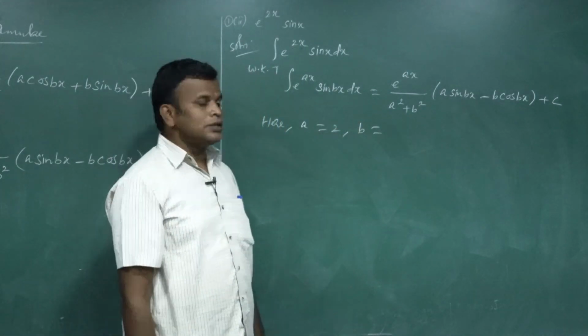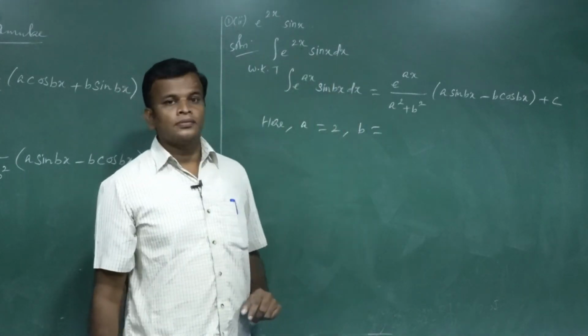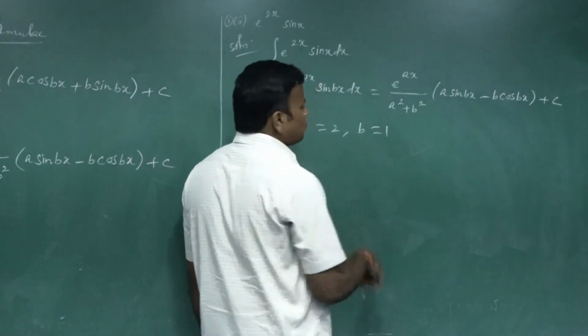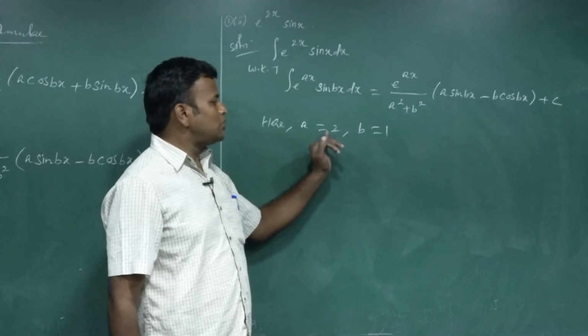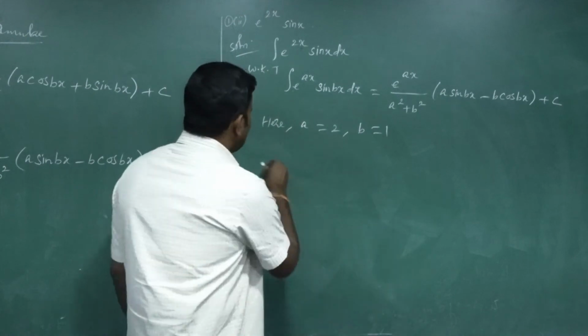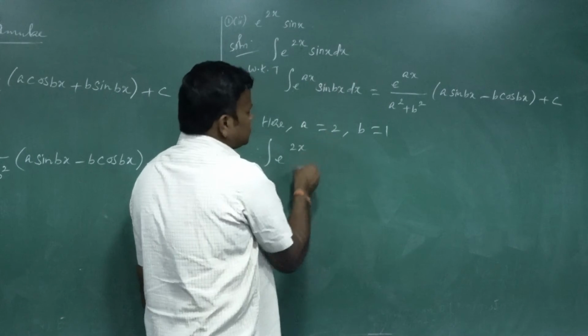And in place of b, sin bx. So sin just x. You know 1 into x is x. So the value of b is 1. So in this formula, whenever a is there, we replace a by 2 and we replace b by 1. Therefore, integrating of e power 2x